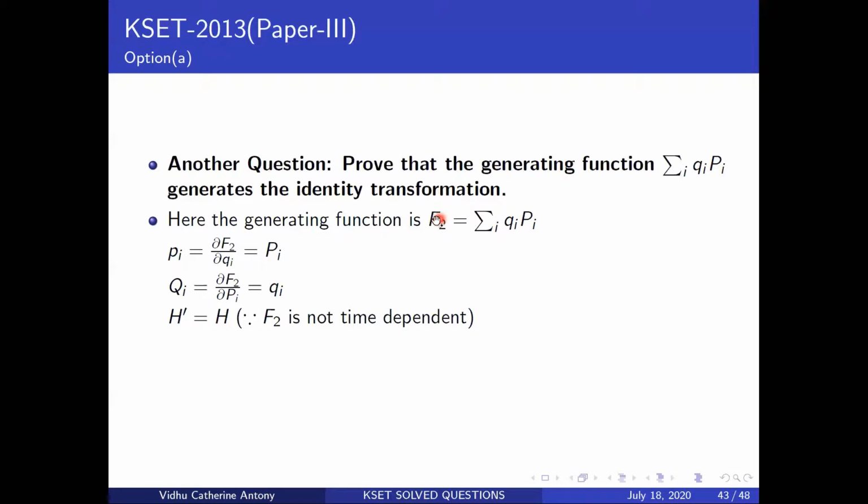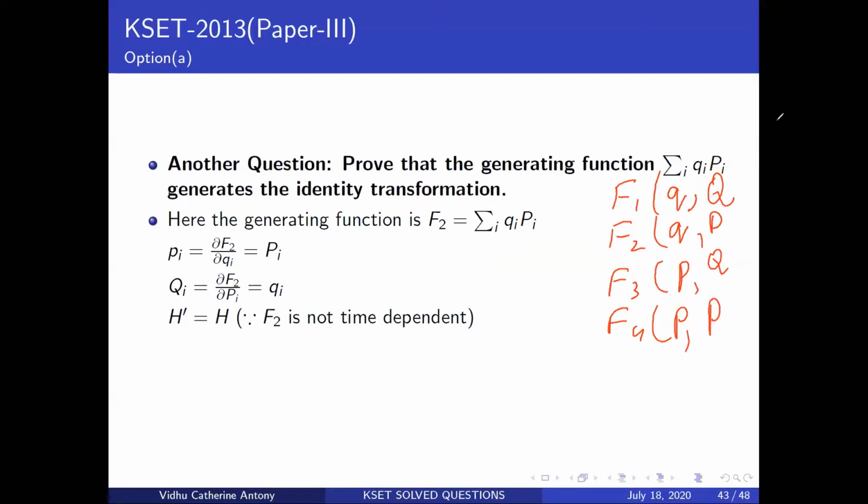Here, the generating function, I hope you remember this from your first semester classical mechanics. You had four generating functions: F1, F2, F3, and F4. Let me write it this way, which is how I write my functions so that I can remember them easily. I have QQ, PP, and then QP, QP. What you're supposed to realize is that the generating function relates one old variable and one new variable. That's how I remember the generating functions, and once you remember them, everything else comes automatically.